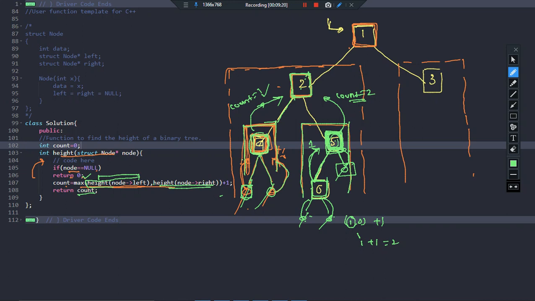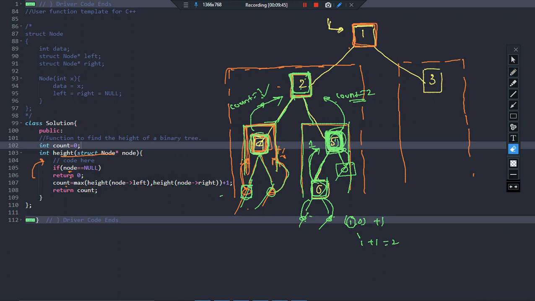So what next? Now definitely you see height of this subtree is 2, 1 and 2, right? Now considering this node 2, you were successfully able to compute the height of the left subtree, which is 1, successfully able to compute the height of the right subtree, which is 2. Which is maximum? 1 and 2, the maximum was 2, right? Because of this subtree. So what will it do? Maximum of left comma right plus 1, isn't it?